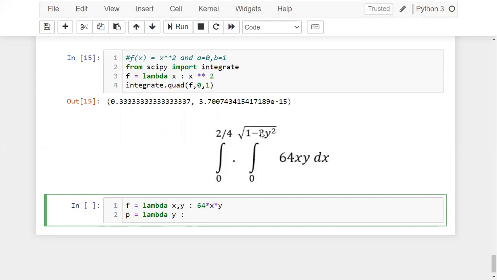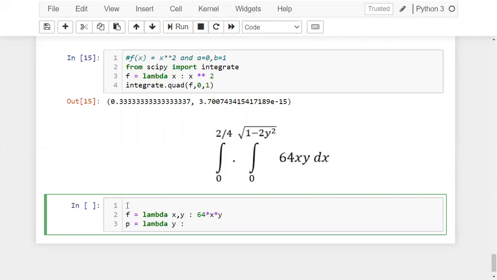So if you want to find out square root, that square root function is available in math module, right? From math module, I'm importing sqrt. Okay, now I'm going to use that sqrt here. I'm writing sqrt of 1 minus, okay, next 2y square.